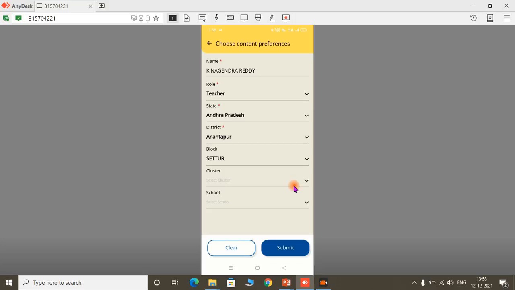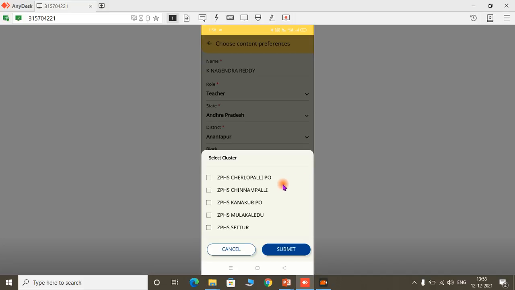After this, you can see cluster title. Click on cluster title and select in which school complex or cluster you are working. So here I am choosing ZPHS Chinnampalli as my cluster and click on submit.